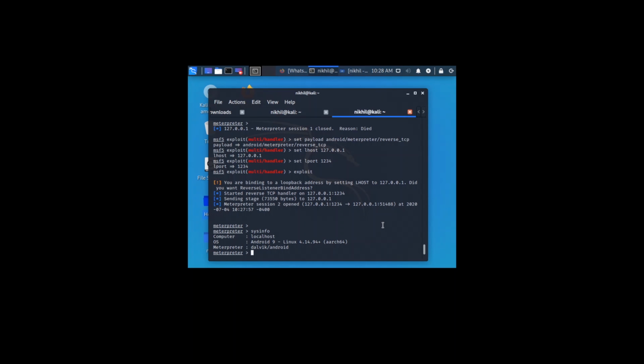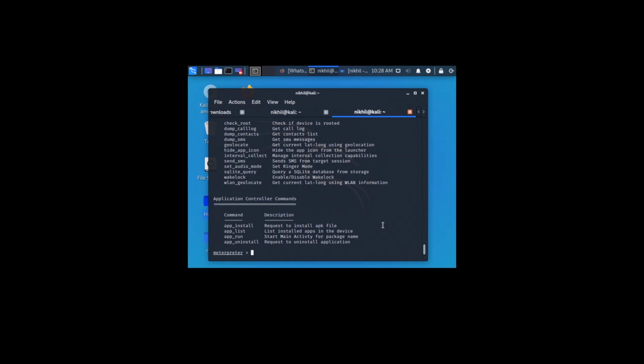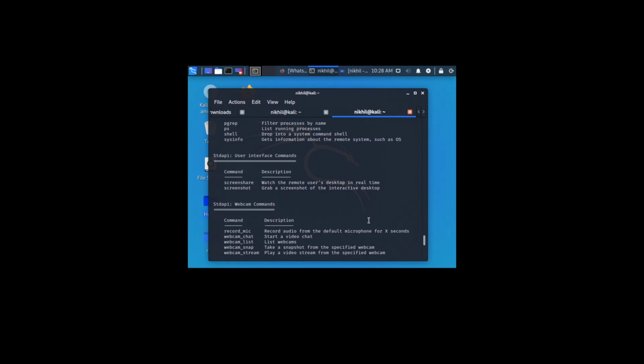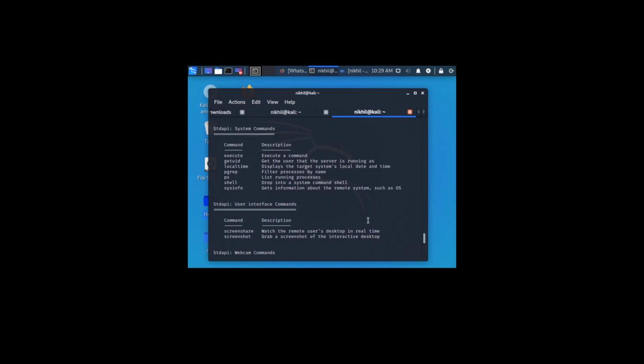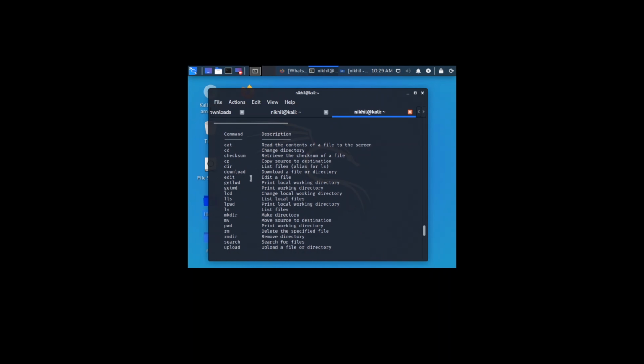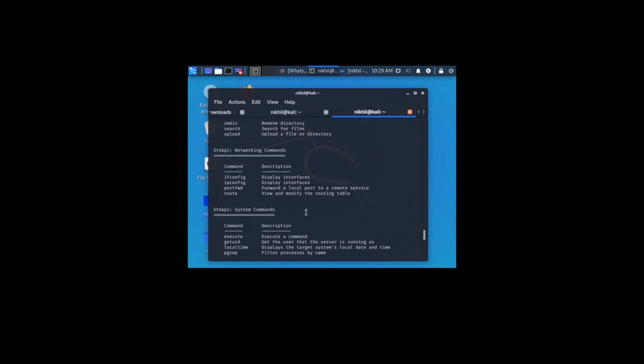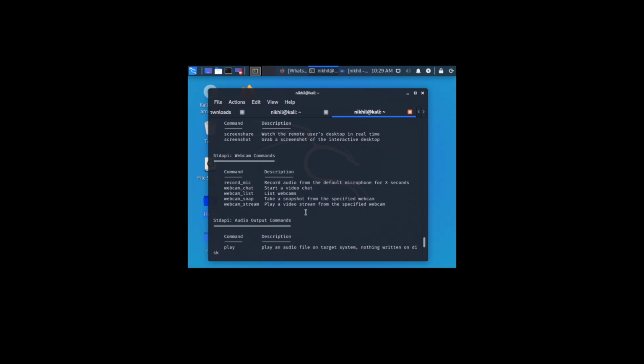And if you want more commands, simply press question mark here and press enter. You can get so many commands, guys. Here you can use them to hack the Android webcam, take screenshots, or share your screen with the victim's phone. You can also use file transfer commands such as download, dir, mkdir. We can use these commands to change, delete, and get files from the Android. And you can also record voice on his mic.